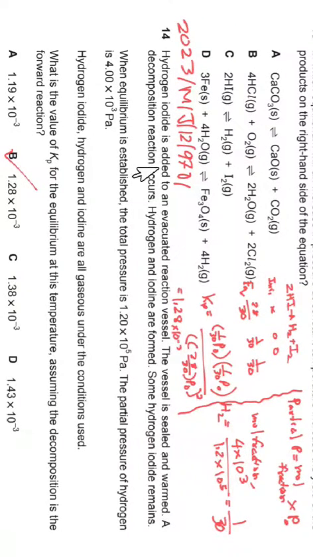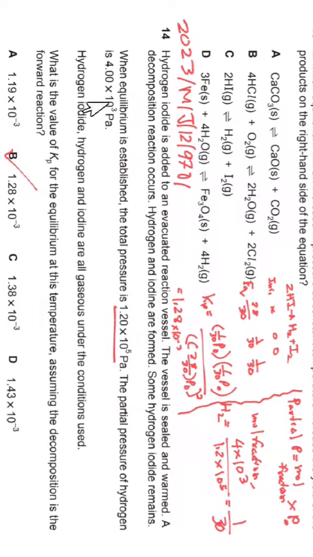Hydrogen iodide is added in an evacuated reaction vessel. The vessel is sealed and warmed. A decomposition reaction occurs. Hydrogen and iodine are formed. Some hydrogen iodide remains. When the equilibrium is established, the total pressure is 1.2 × 10⁵ pascals and the partial